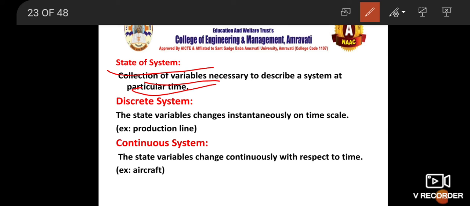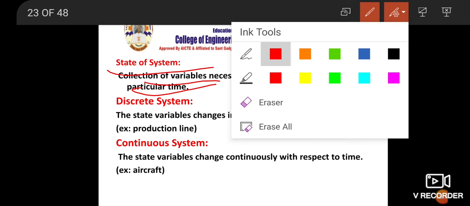अब जैसे हम आगे बढ़ेंगे तो सिस्टम के जो स्टेट्स हैं, अगर we can talk about different states of that system, कि ओके it is in building stage, or it is being completely done, or it is in the second stage, or it is in the third stage, or whatever it is. But at any particular instance, एक specific time पे कि सिस्टम के जो हमारे वेरिएबल्स हैं वो कैसे हैं उसको जो डिस्क्राइब कर रहे हैं वो हो गया हमारा स्टेट ऑफ सिस्टम. Then we have already seen discrete system.